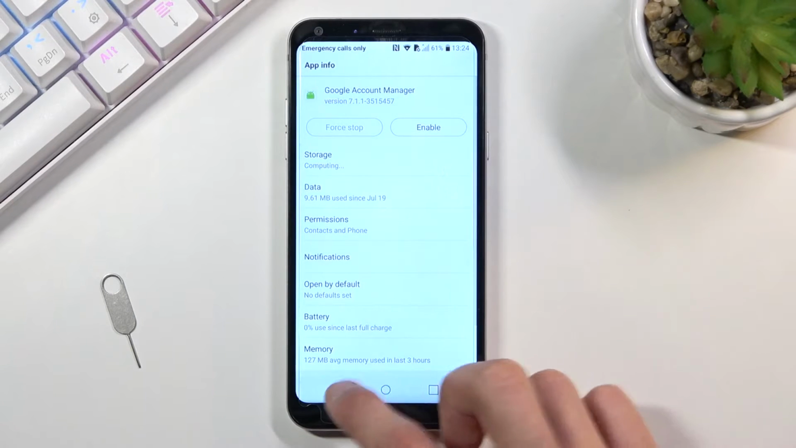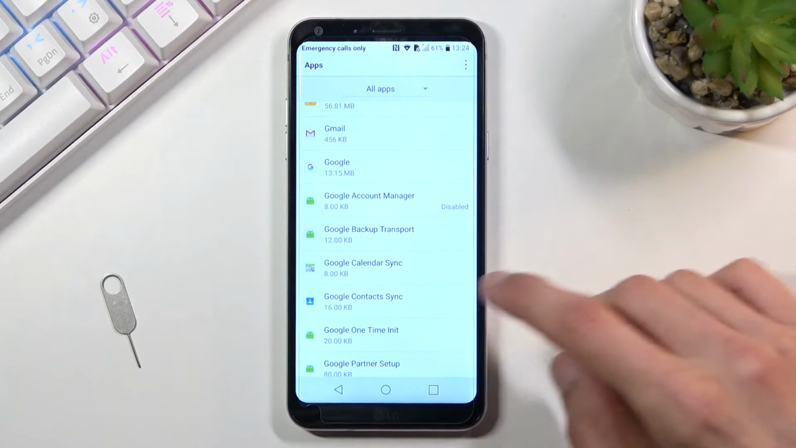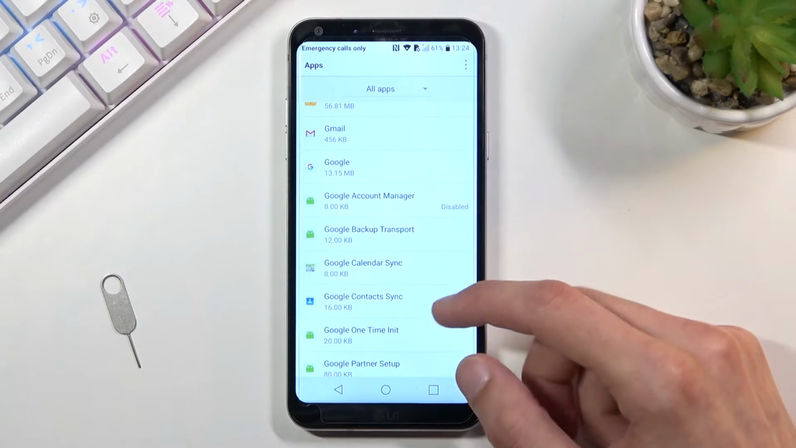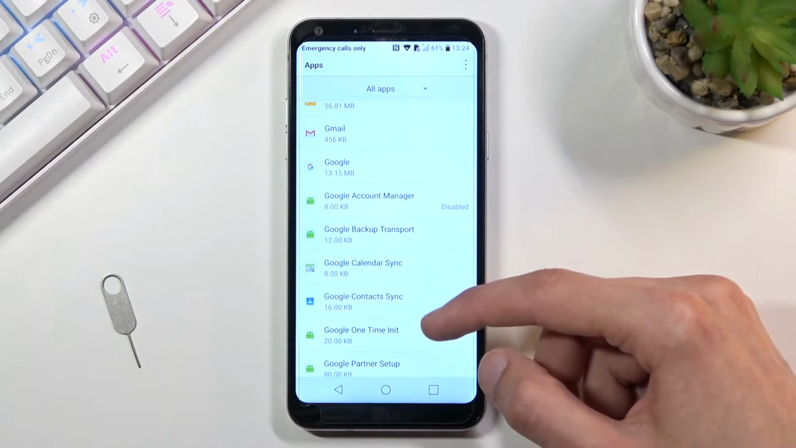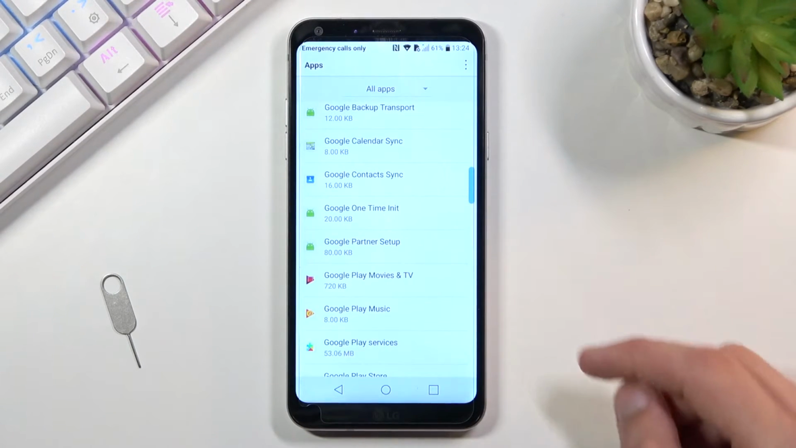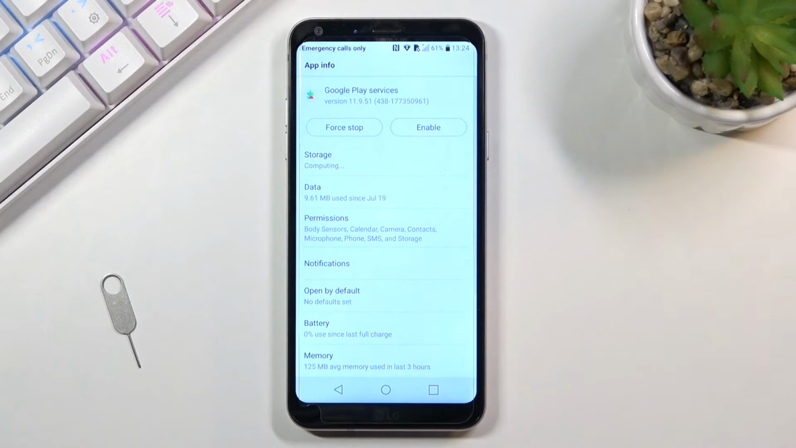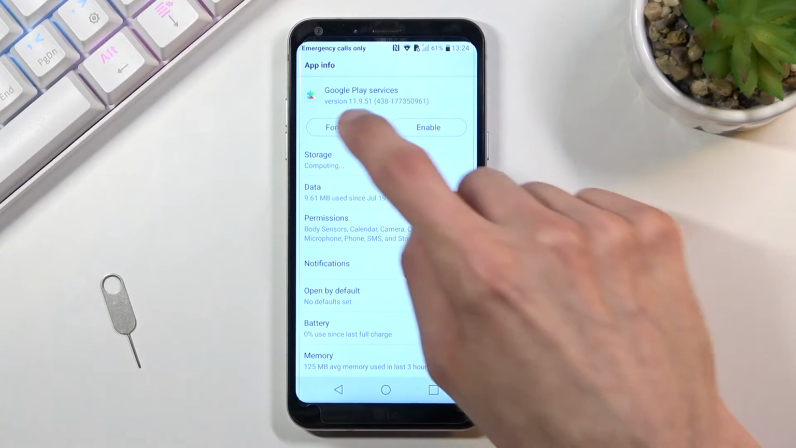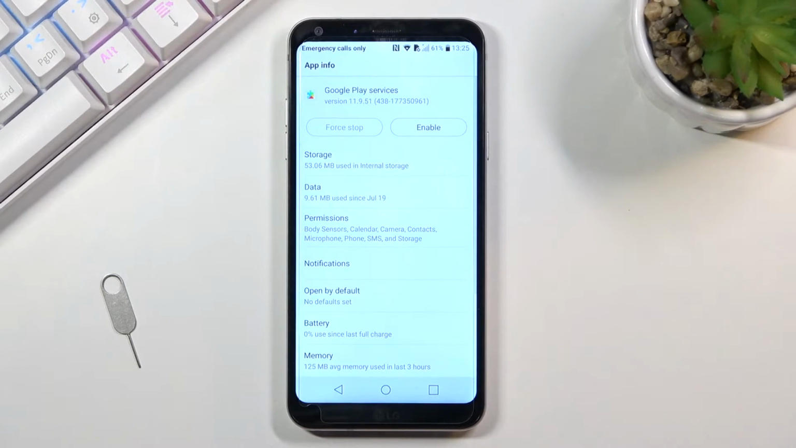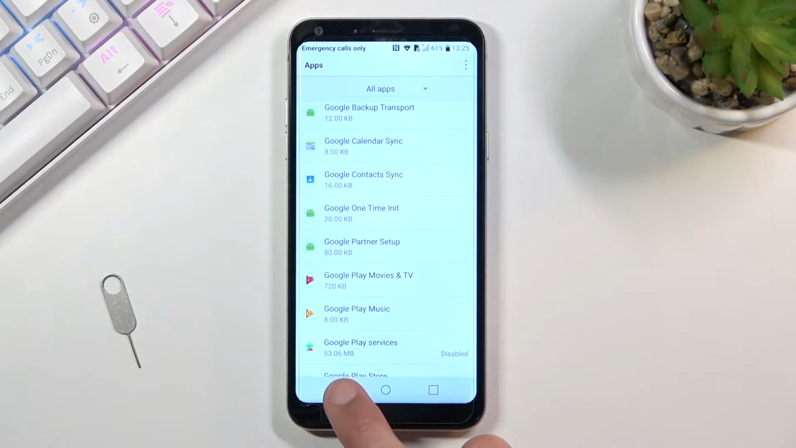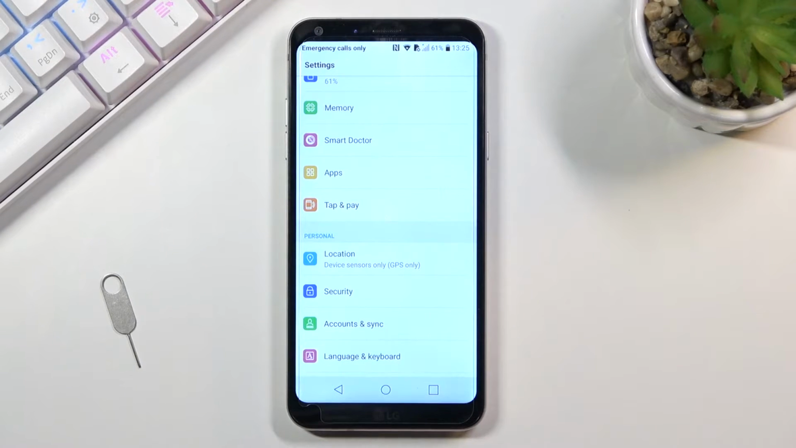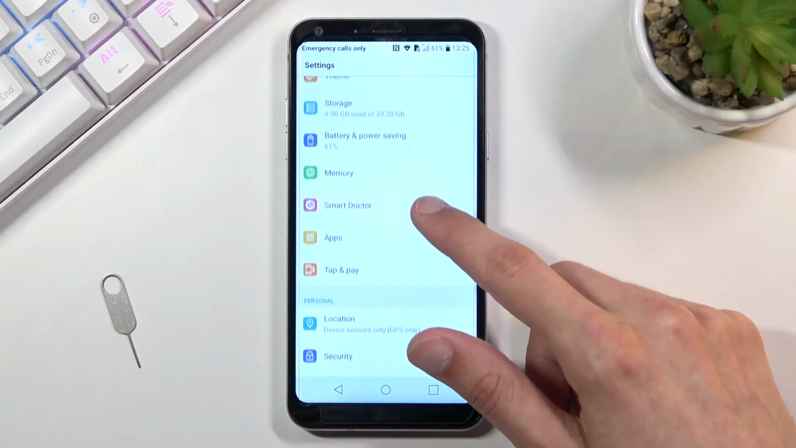disable, go back, and the next thing you want to deactivate is the Google Play Services. So right over here, I'm going to disable app. And let's also make sure that it's not running. There we go. So force stop, and from here we're going to now go back once more to the main settings page, and from here you want to navigate to storage,